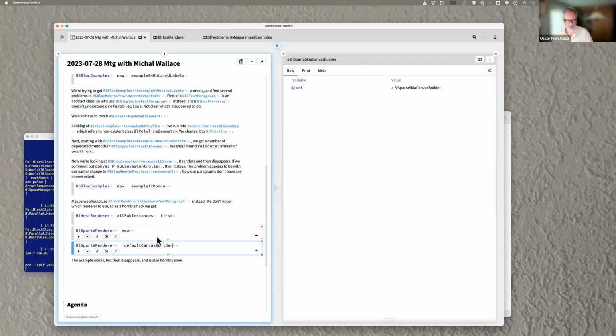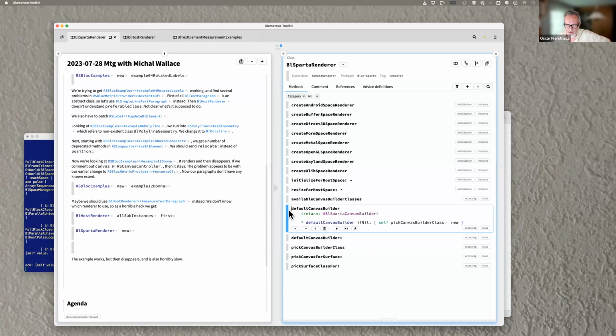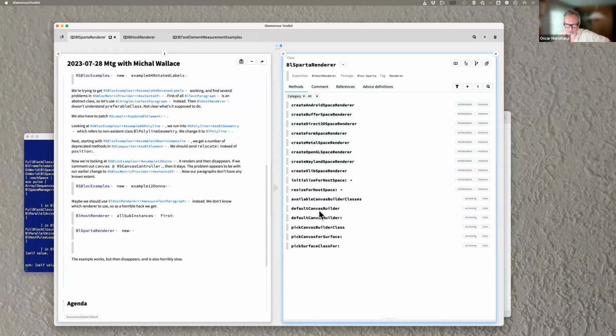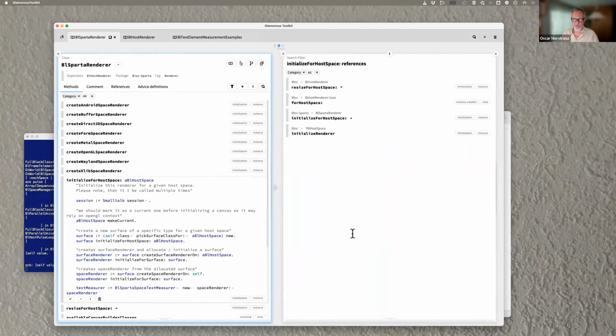Oh, it's a canvas builder. Yes, my mistake. Of course, it's silly. Where's the instantiator? Canvas builder, that's all I want. Visualization. Oh yeah. Want one of these. But they're